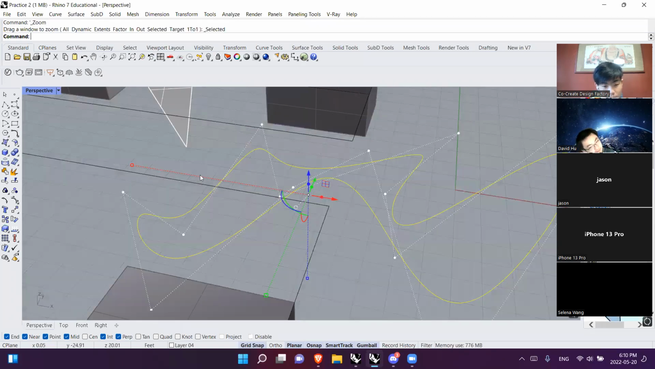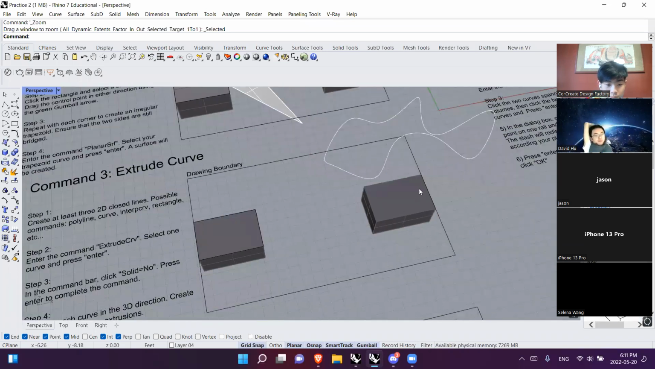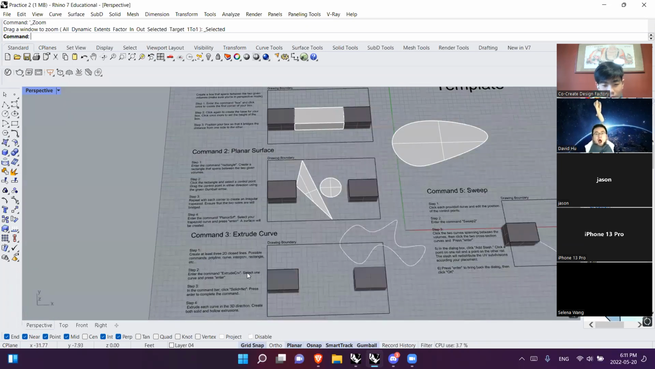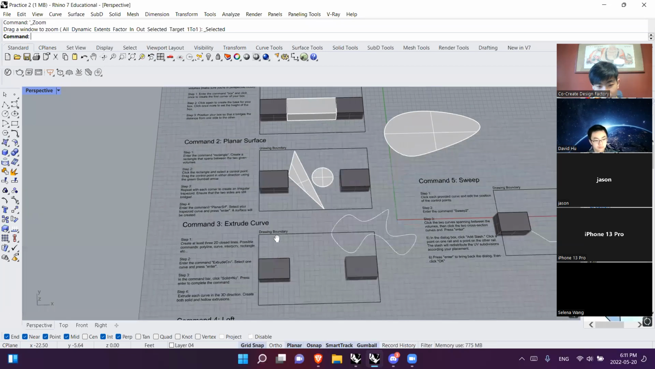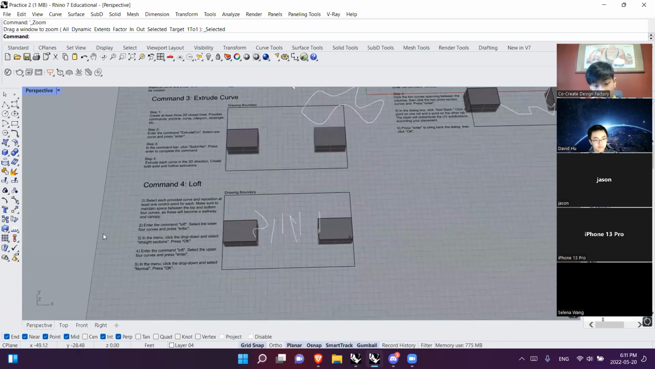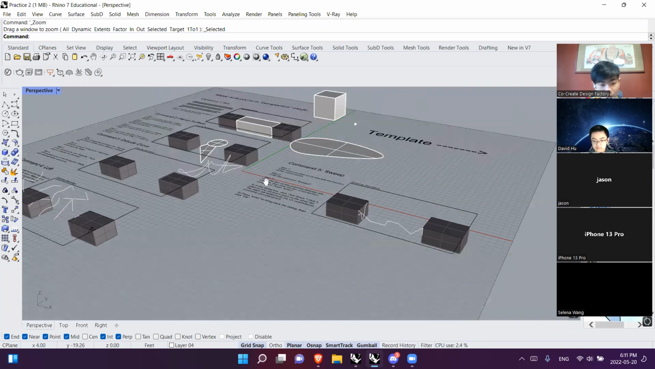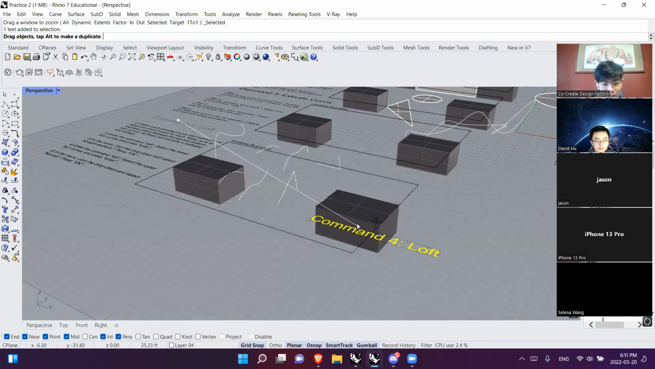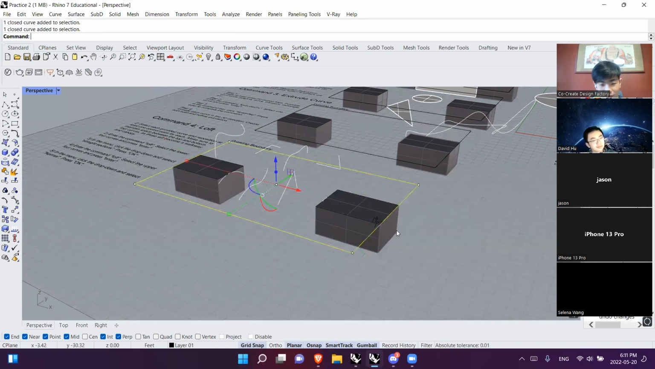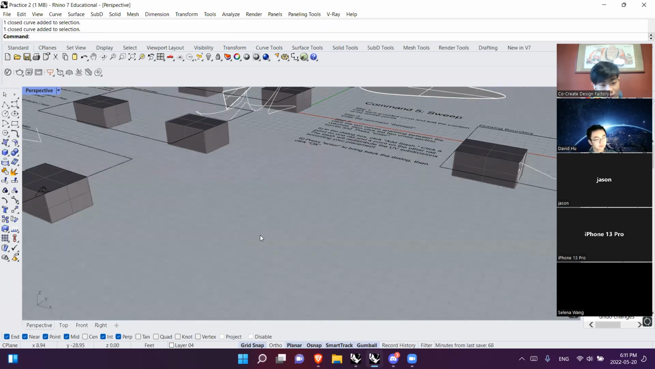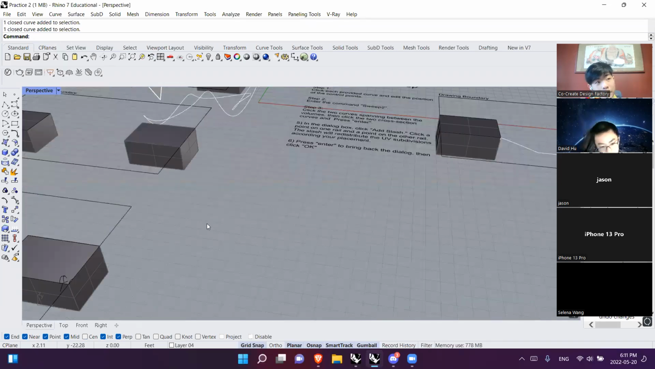Okay, now I guess that's all for extrude curves. Commands 1 to 3 are really fundamental commands for you to understand how to transform 2D shapes into 3D. Now Loft might be a little hard to understand. You might be thinking, why are there these weird curves here, right? Basically, Loft is a command for you to make